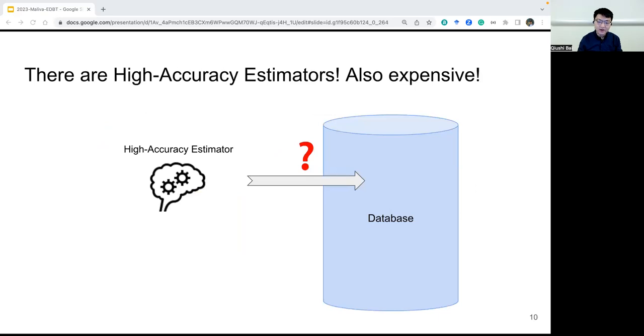One natural question is, there are many high accuracy estimators in the literature that can help on this problem. Why can't a database use them directly? One reason is that those high accuracy estimators usually have a high cost. The cost can go from 10 milliseconds up to even 100 milliseconds for estimating only one query plan. And databases are designed for general purpose. For low latency transaction queries, where the query time is only a few milliseconds, it can be unacceptable for a database to take tens of milliseconds for query planning.